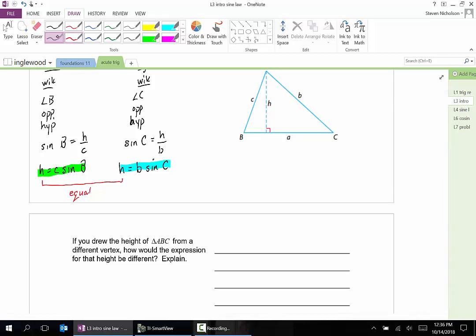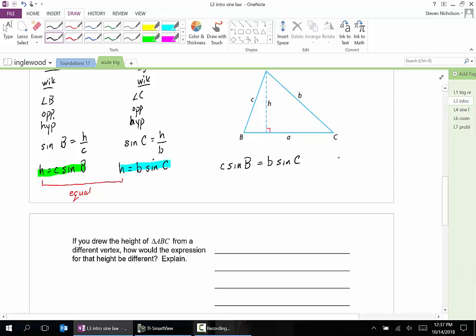So what we can do then is go ahead and set them equal to each other. If h is equal to this and h is equal to this, then they both have to be equal to each other. If we left it alone like that, that might look okay to you, but usually you're going to see this expression written in fractional form, in a really nice way. And the nice way is simply, why don't I put my b's with my b's and my c's with my c's? So if I divided both sides by sine c,